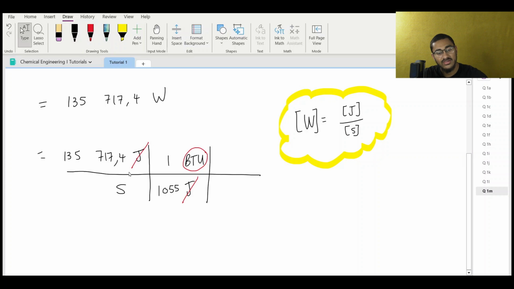I want to get rid of seconds over here. So I'm going to write down seconds at the top to cancel with seconds at the bottom, and I want hours at the bottom. So I know that 1 hour is the same thing as 3,600 seconds. And so I can take my red pen, cancel out my seconds, and the only units I'm left with is BTUs per hour. You can put that into your calculator, and you should end up with